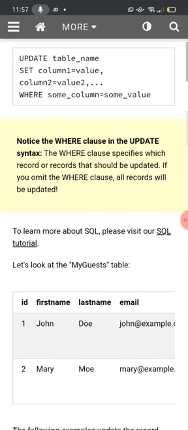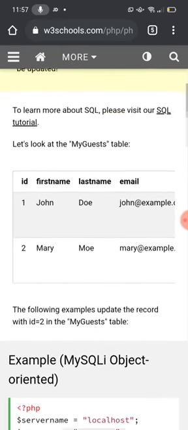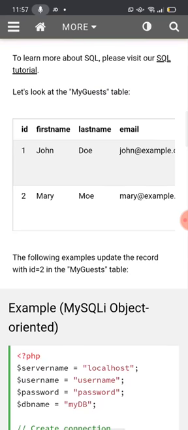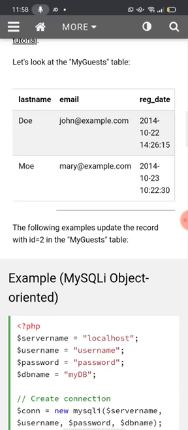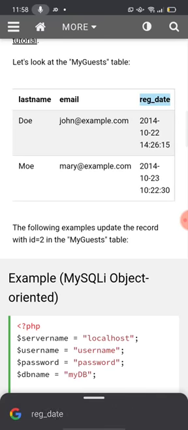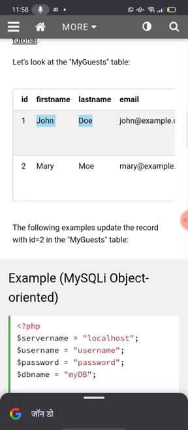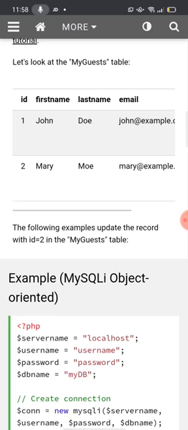Now let us see a table, myguests. There is a table known as myguests. Let us see what it is. In this, ID is given, first name, last name, email, then registration date. In the first row, the ID is 1, the name is John Doe, email is given, and registration date is also given.